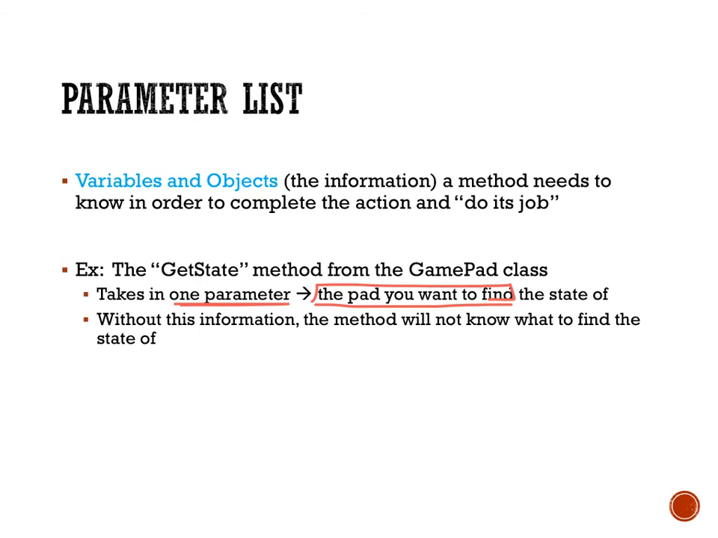So the parameter list is basically all that the method needs to know to do its job. You'll see that a method needs to know this in order to complete the action and do its job. Without this information, the method can't do what you're asking it to do. So every time you call a method, you need to be aware of its parameter list. What information do you need to send in? Whether it's an integer, whether it's an object, whatever it may be,